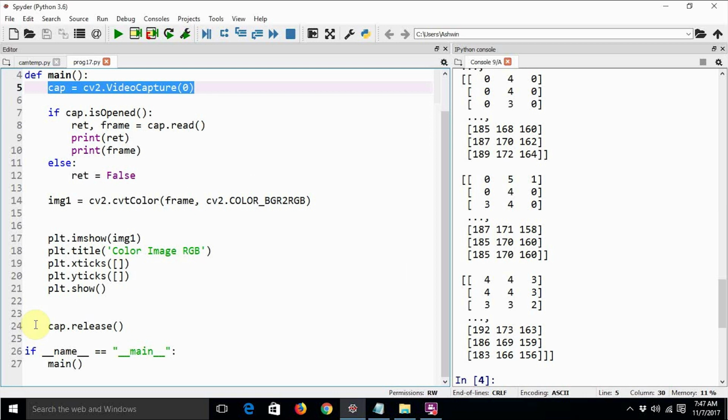If you are using multiple webcams, you call this release function with every camera variable. So if there are multiple webcams connected to your computer and you say cap1 = cv2.VideoCapture(0), cap2 = cv2.VideoCapture(1), then in the end you need to type cap1.release and cap2.release.